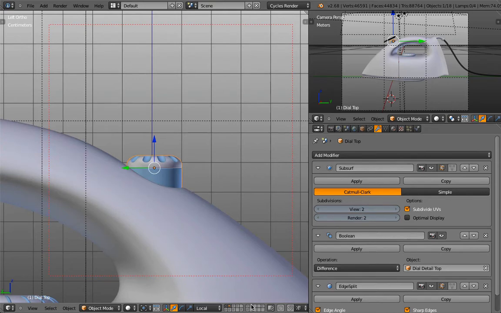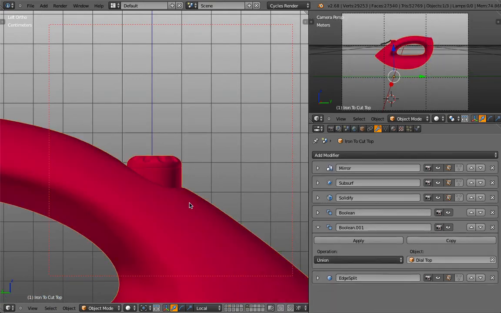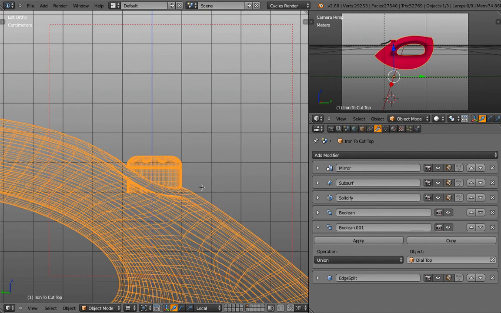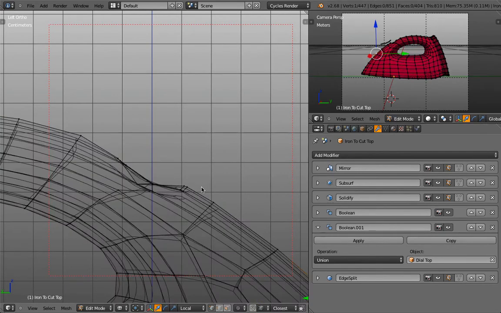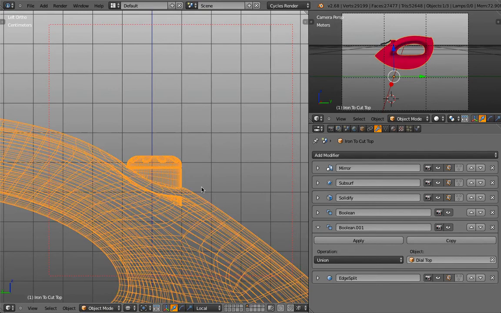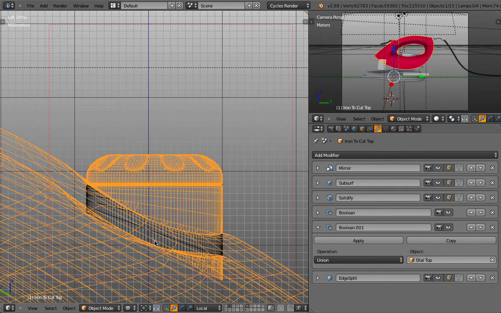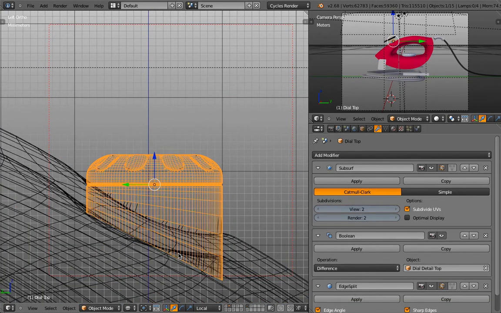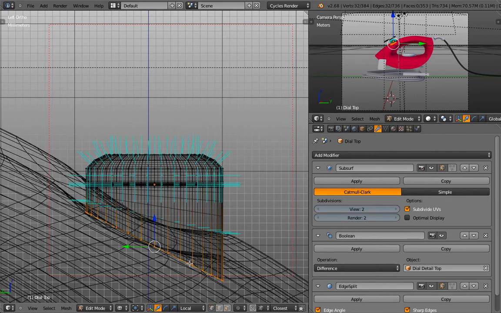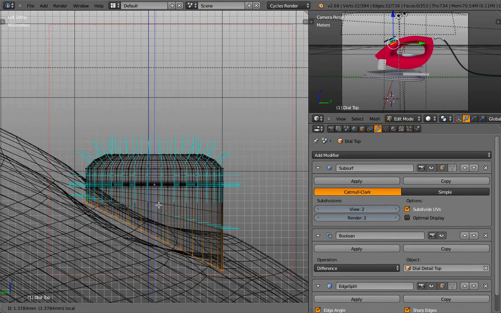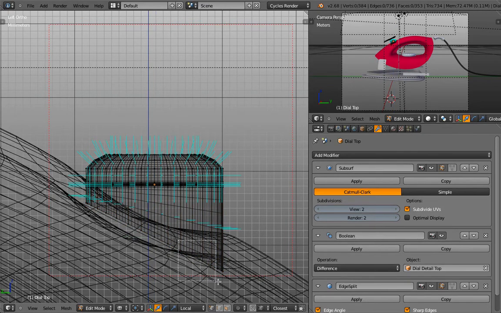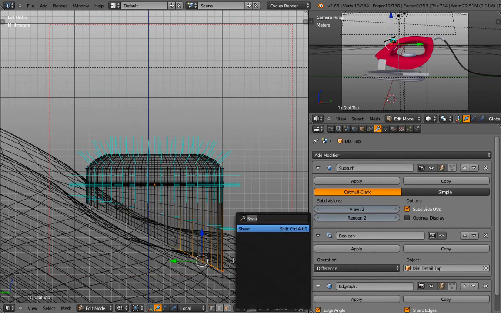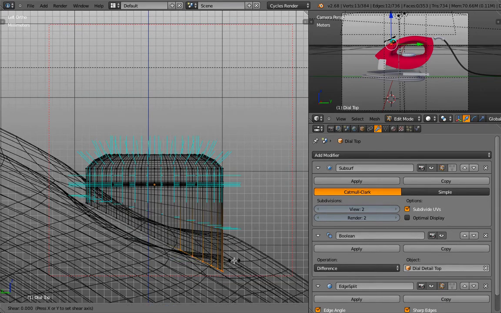Okay, so let's see if maybe this already was enough. So now to update it, here maybe I have to go into edit mode and object mode, and not yet really. So let's take a look at this one again. And then there I can see this piece is not even really where it should be, so I move this slightly up, maybe till there, and those parts maybe I do a shear again,